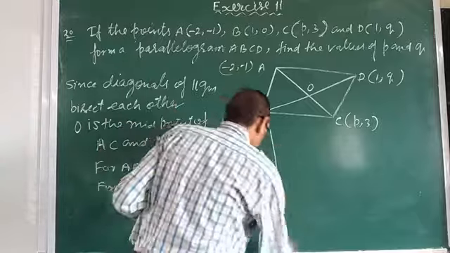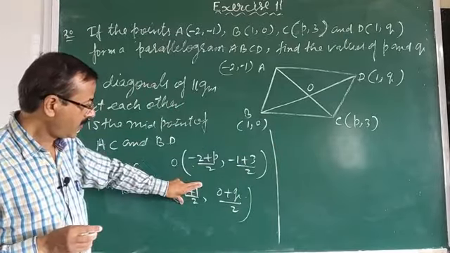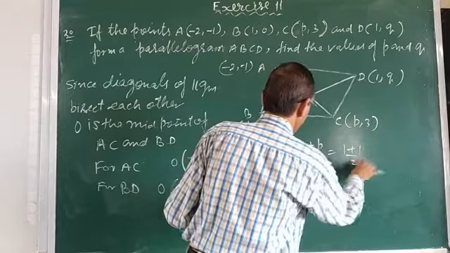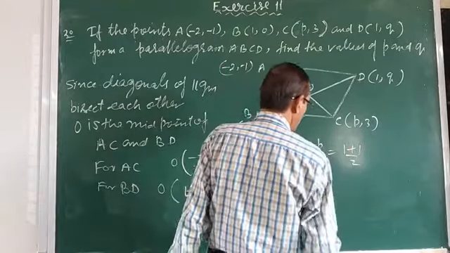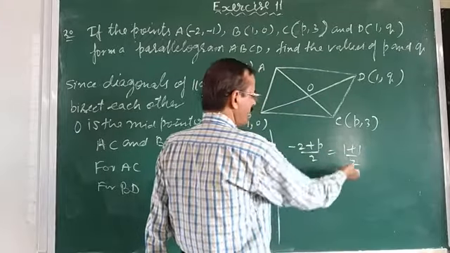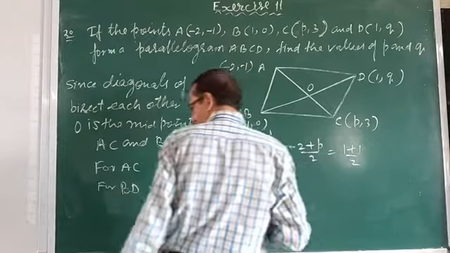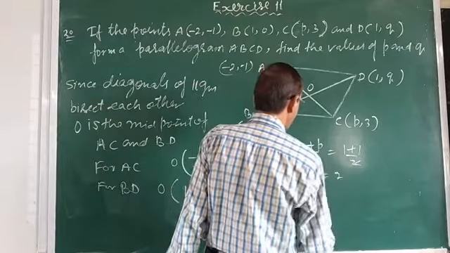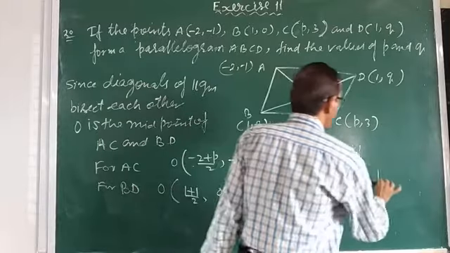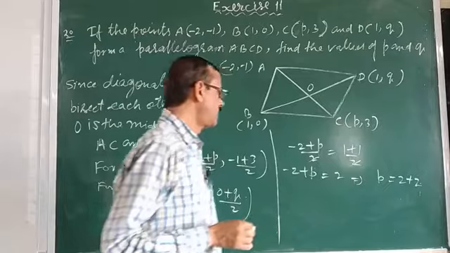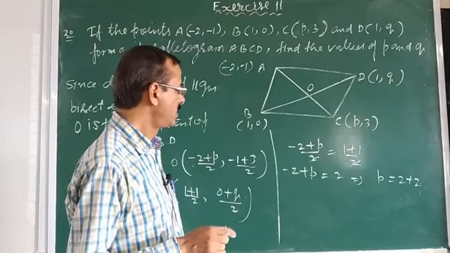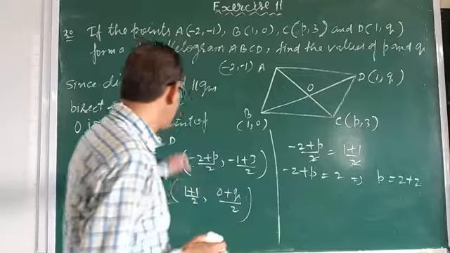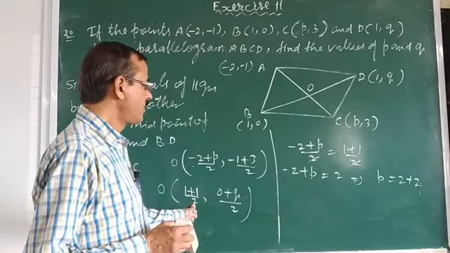Because O is the same, this value will be equal to that value. So we can write -2 plus p upon 2 is equal to 1 plus 1 upon 2. How much is 1 plus 1? 2. Whether you make it 1 or cancel it, whatever you desire. So -2 plus p; we cancelled the 2. 1 plus 1 will be 2. This 2 goes to the other side, transpose that 2. So p is equal to 2 plus 2, not correct, something looks different. -2 plus p upon 2 is equal to 2/2, that is 1.